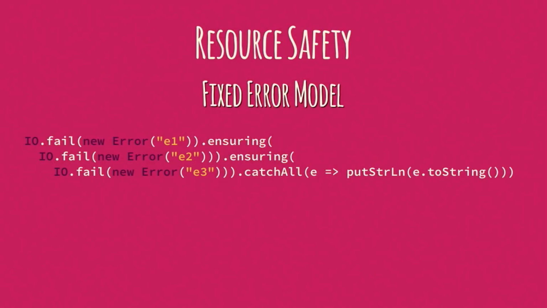And this is what it looks like in Scalaz 8. All the errors are reported. 2 of them are reported to the uncaught error handler for the fiber, those that were thrown from the finallys. And then the one that was thrown from the main body, not in a finally, that's the runtime failure that's reported at the top level.